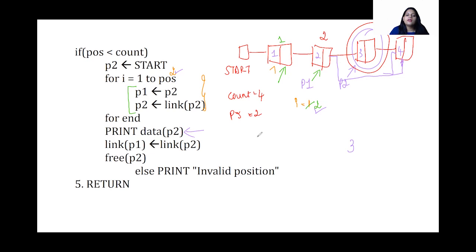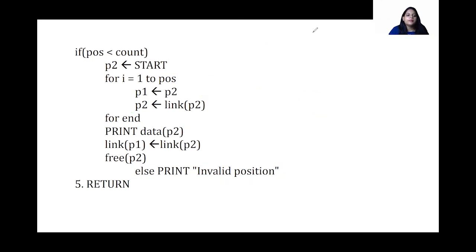So if our given position is not at the beginning, not at the end, and if it is not less than count, which means suppose I give a position as 6, which means that there is no sixth node at all, in that case we are going to say that it is an invalid position. Okay, I hope this is clear. These are very simple algorithms and very easy to learn. I hope I have made it easier for you all to learn as well.